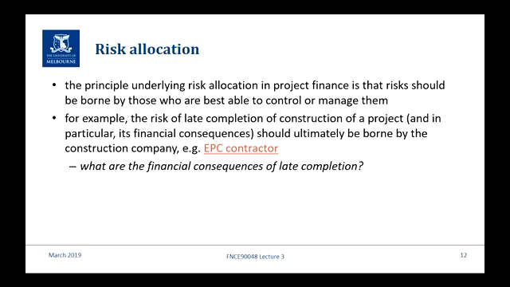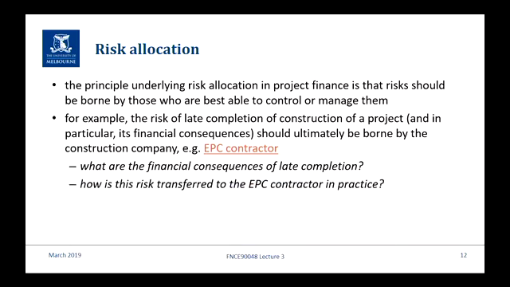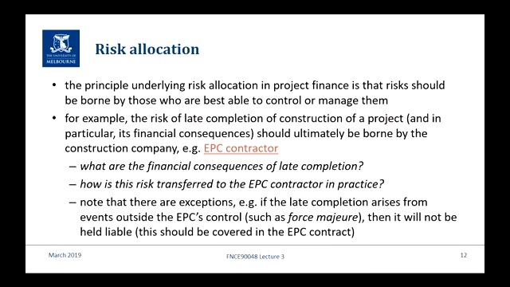And so you want to say, and this is the idea of risk allocation, you want to have it in the contract with the construction company that if there are delays and it's because you guys didn't get your act together, then you must bear the financial consequences. So how would you transfer it? By paying them less or by penalising them, financial penalties, that sort of thing. Making them meet the extra costs. So the risk is transferred in the contract and says if you cause delays, you need to meet the consequences.